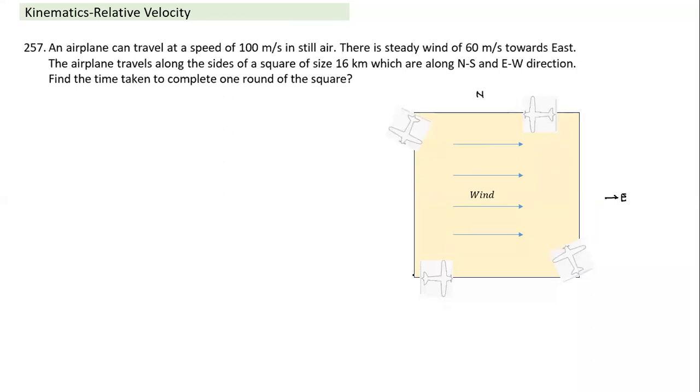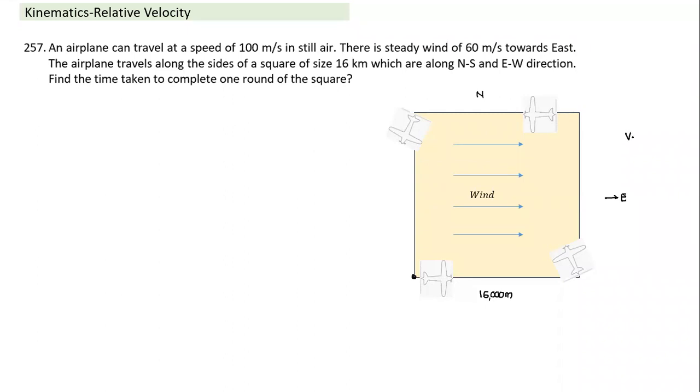So suppose you start from here. What the airplane has to do is fly like this here, fly like this here, like this here, and like this here. Each side is 16,000 meters. So in this case, it is very similar to the previous case. We have just given an indication also. Since the wind is blowing in this direction, what is the ground velocity? We have to keep in mind that ground velocity is the vector sum of